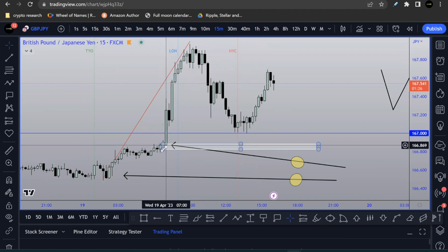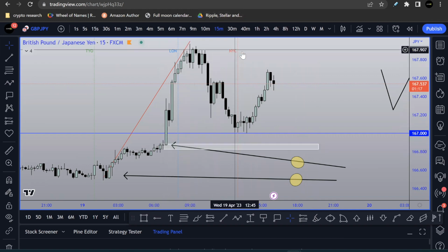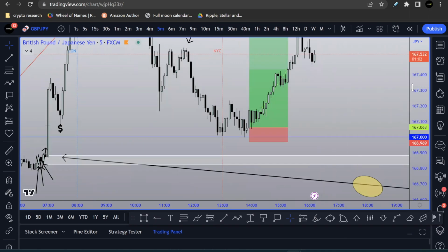We extended that area after highlighting it over to the right-hand side. We've now confirmed, based off the 15-minute time frame, extending our Fibonacci from the low to the high and dragging that over, that we are now operating in a discounted environment based off of where London session bought from. Having all of that information, we can now scale down to the 5-minute chart and look at price action during